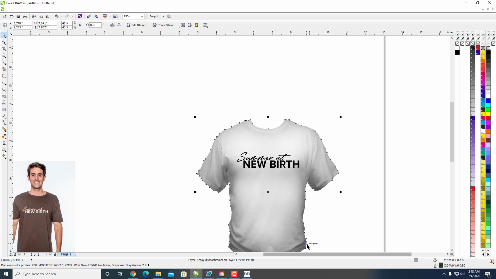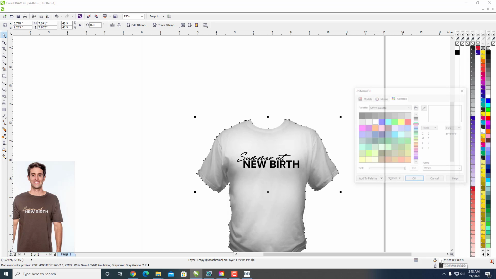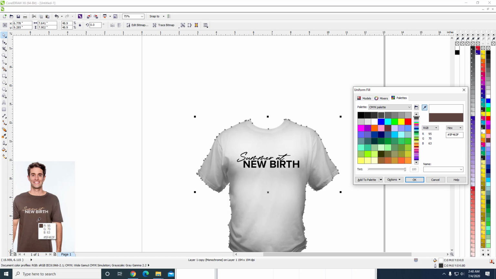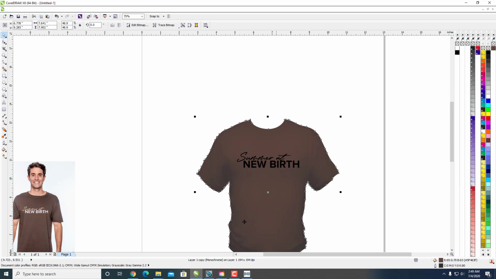And on this, the foreground color is actually the color of the shirt, and the outline in Corel, which is indicated right there in the black, near where I was pointing, is the drop shadow. So the foreground color, I just double click and I'm going to use the eyedropper for this brown shirt and hit OK, and it's just going to